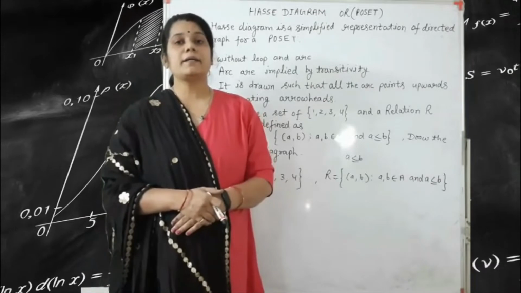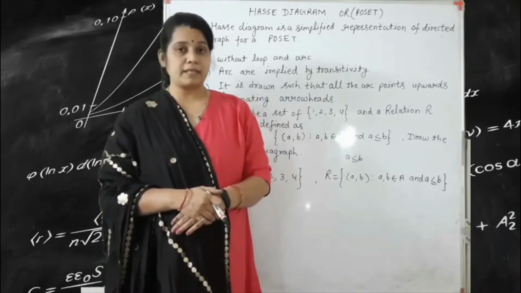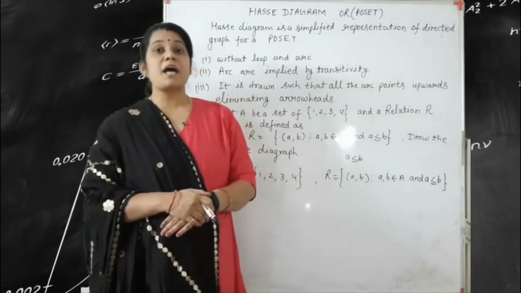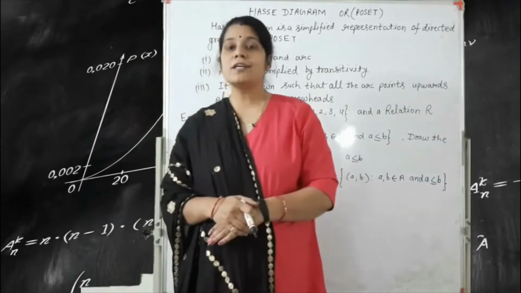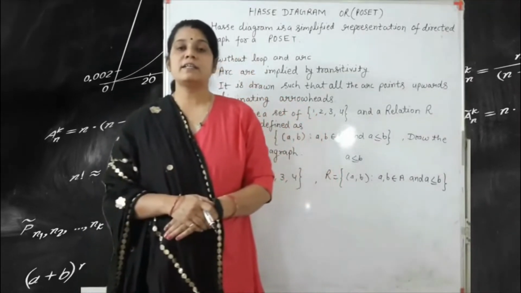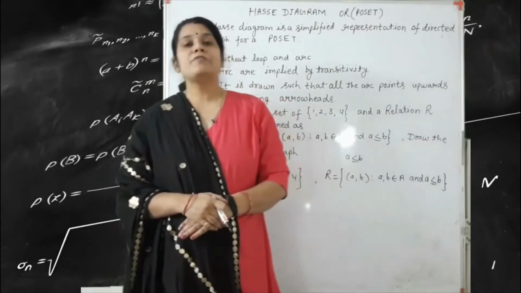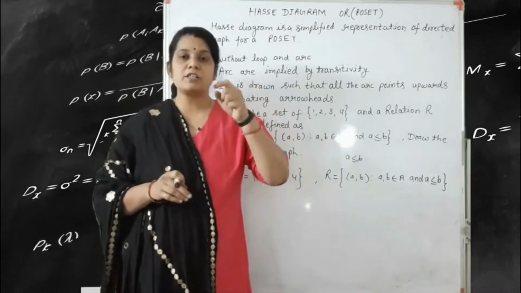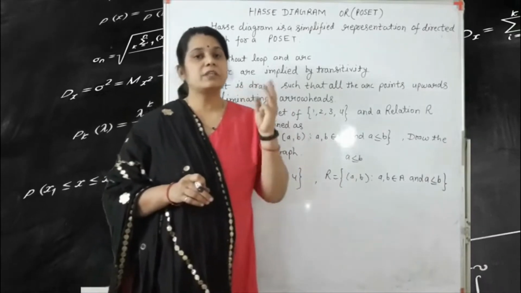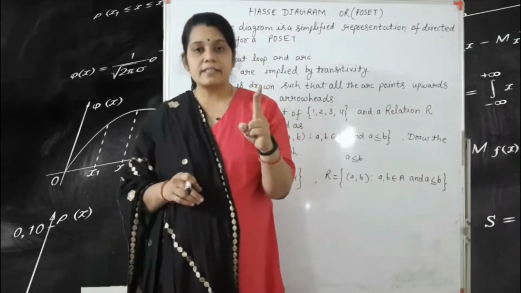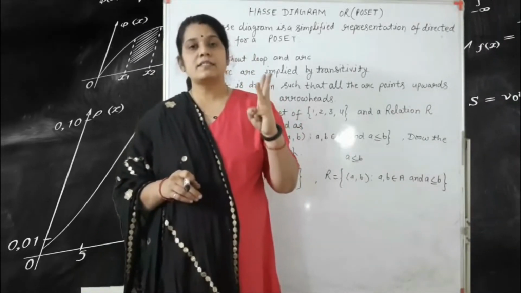Today I am going to take a lecture of discrete mathematics, chapter number 3, and our topic is the partial ordering set, or poset. We have already seen in our previous lecture what a partial ordered set is. So we find the relation is the partial ordered set. We have three relations. First one is reflexive, second is antisymmetric, and third one is transitivity.